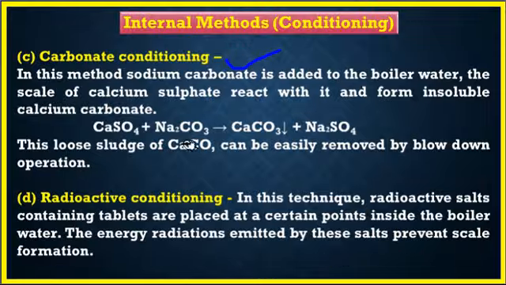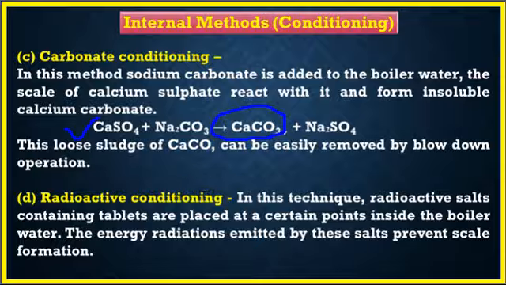In this type of conditioning, sodium carbonate is added to the boiler feed water which converts the calcium sulfate into the calcium carbonate and the sodium sulfate. Basically, carbonate conditioning is used in the high pressure boiler only. We know that calcium sulfate is causing scale formation in the high pressure boilers. So, in high pressure boilers, sodium carbonate converts it into the calcium